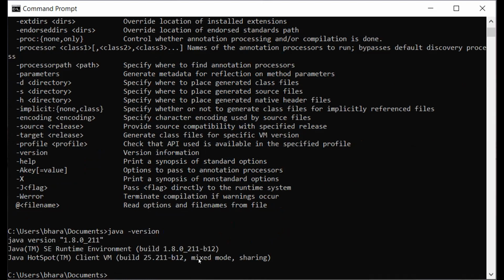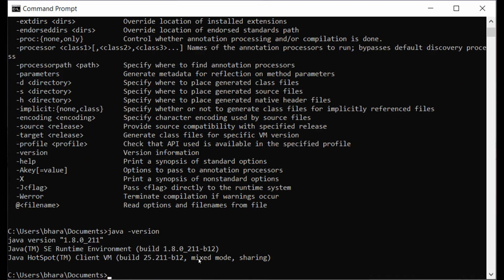How to set the class path? First we will open the bin folder. Where is the bin folder available? C drive, Program Files x86, Java, JDK. In that, the bin folder is available. After that, please copy that address. Where will we paste it?